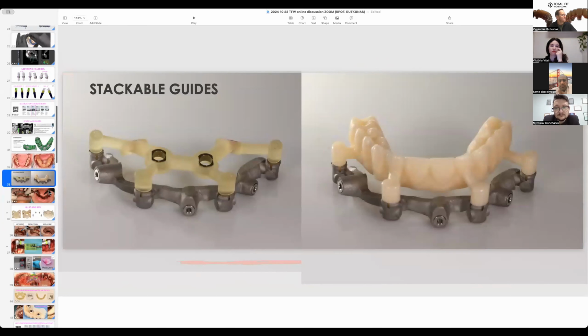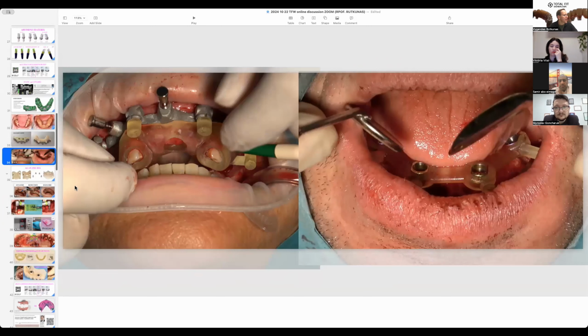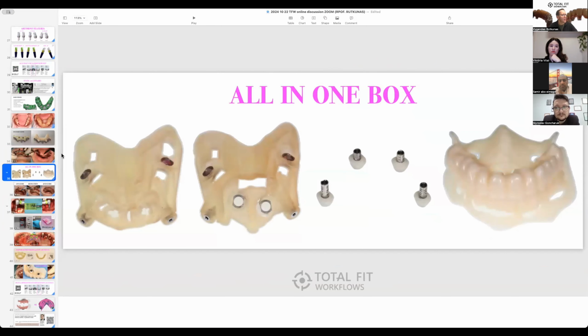Stackable guides can be used, and for full arch cases we use a double guide technique quite often. What is essential for immediate load is initial implant stability. Seeing the bone quality is not enough.